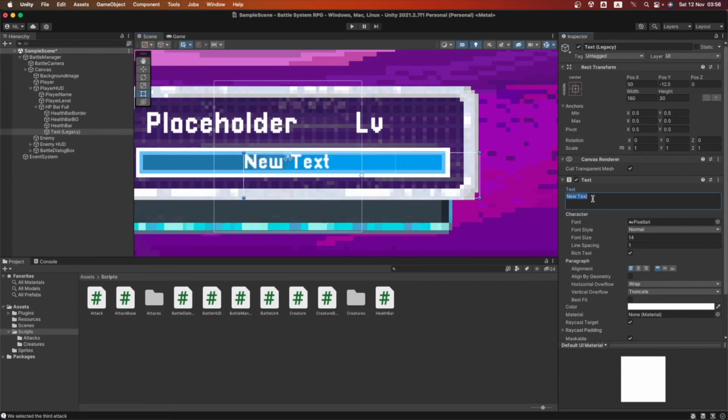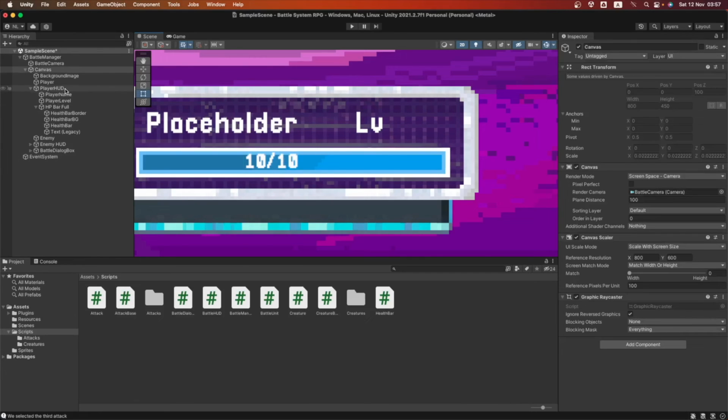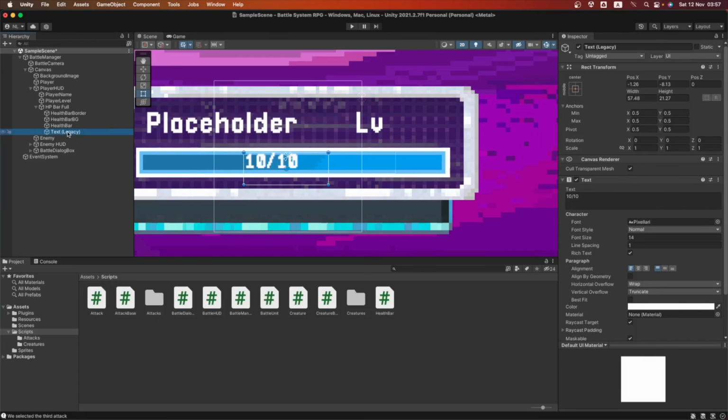And this is going to be maybe HP equal to 10. No, let's get rid of the HP and let's just set it to numbers. Okay, let's set it directly to numbers, so leave some space, so if these numbers get bigger, we can have some flexibility there. Okay, so let's change this object name to HP text. There it is.